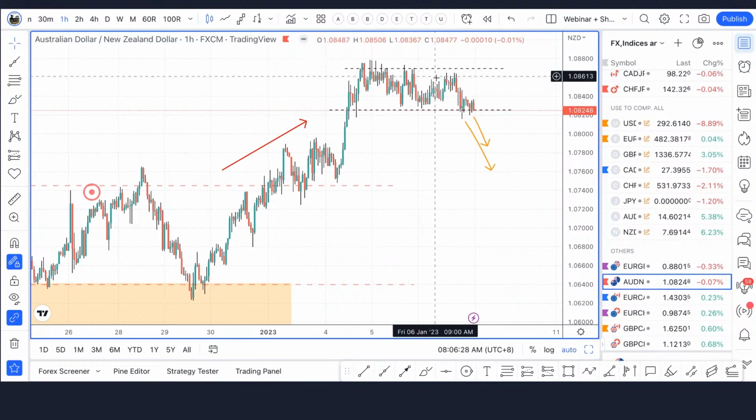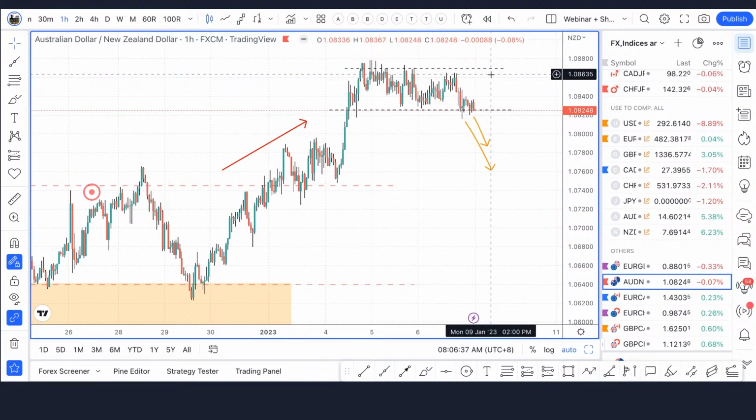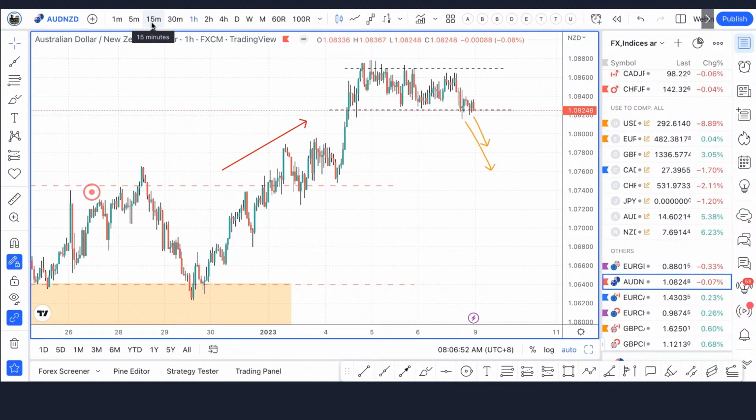Correct, down further. So right now, if you are a range trader, maybe you would like to play this range, but it is a very tight range to play on. Especially for Aussie New Zealand, I don't go down onto a lower time frame, because scalping on this, the spread tends to be a little bit wide, and if you are using those mainstream brokers, the spread might be even lousier.